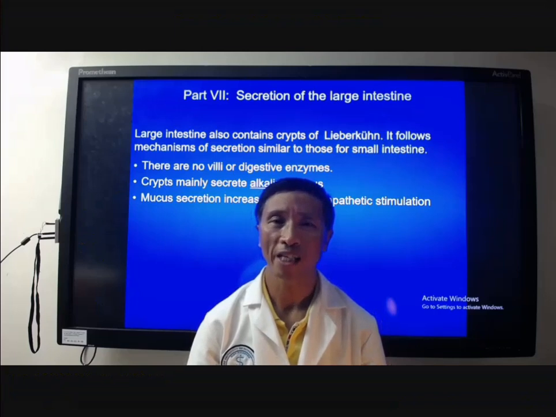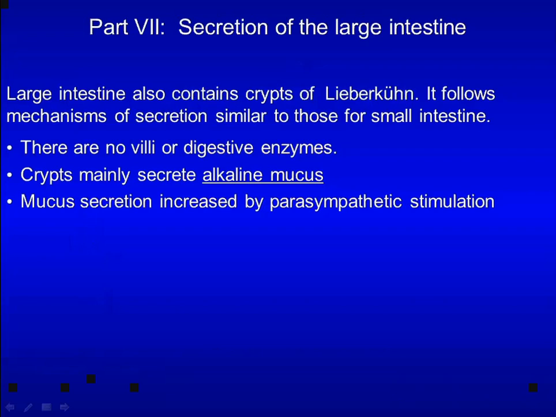Finally, we will look at the secretion of the large intestine. Large intestine also contains crypts of Lieberkühn. Therefore, it follows mechanism of secretion similar to those for small intestine. There are some differences. For example, there's no villi or digestive enzyme secreted in the large intestine. Crypts mainly secrete alkaline mucus. Mucus secretion is increased by parasympathetic stimulation,